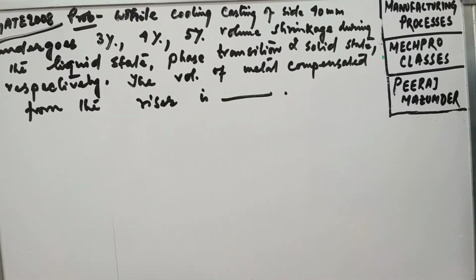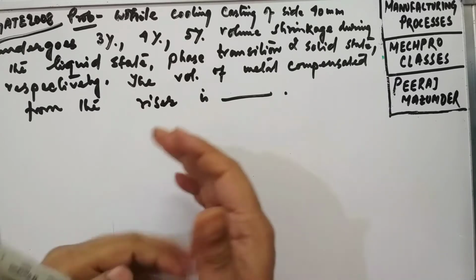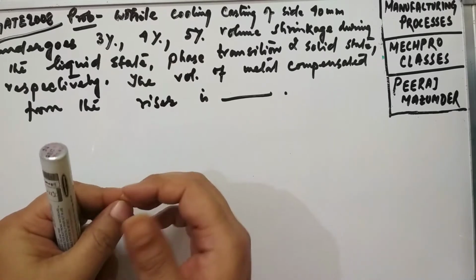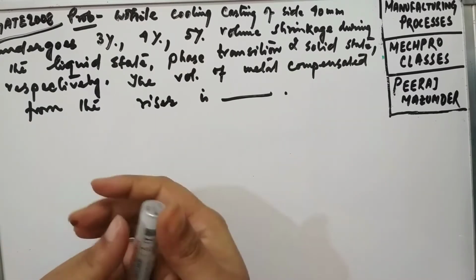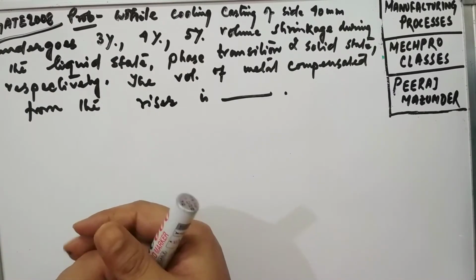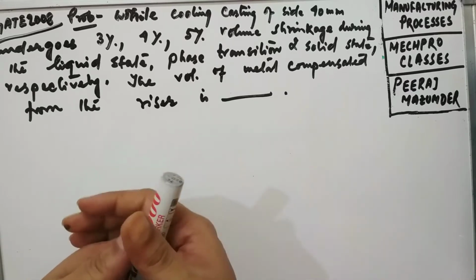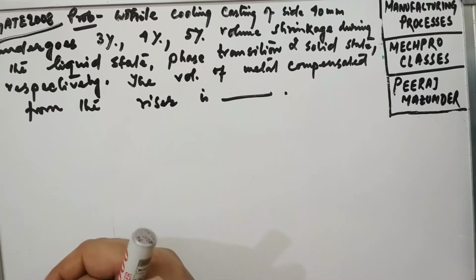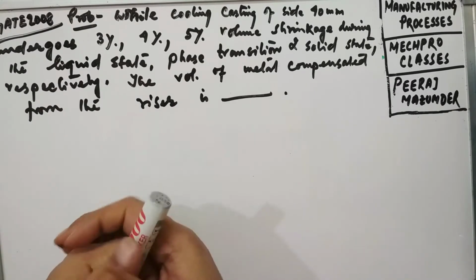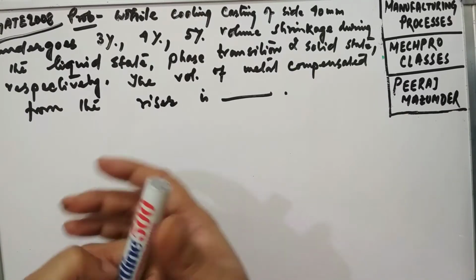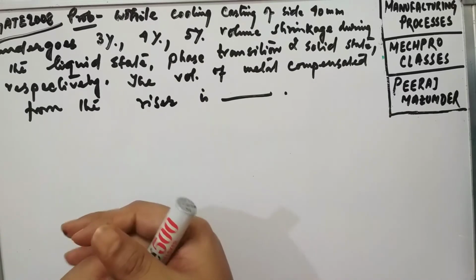Myself Piraj Mojumdar, continuing the manufacturing processes, and we have already covered the different chapters of casting, and today we'll be discussing the different numericals, which are very commonly asked during examinations as well as in higher examinations like GATE as well. So we'll be discussing the numericals as well as we'll be having some clear idea and very depthful concept behind the numericals of the casting as well.